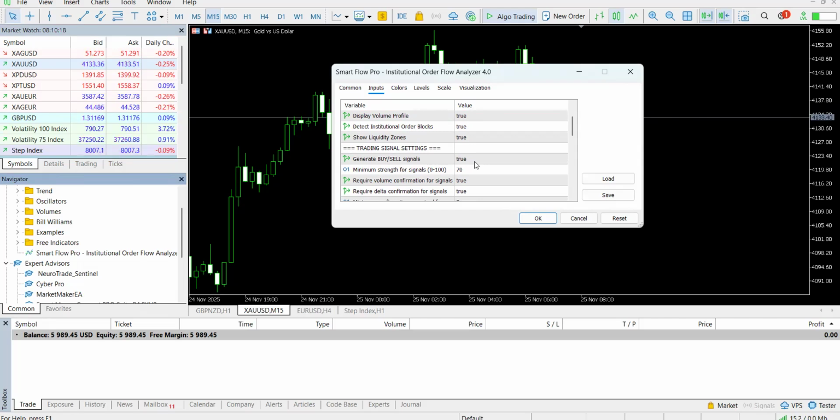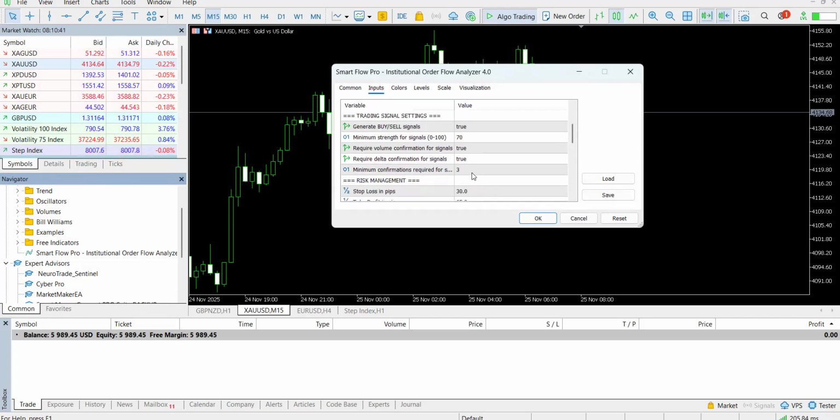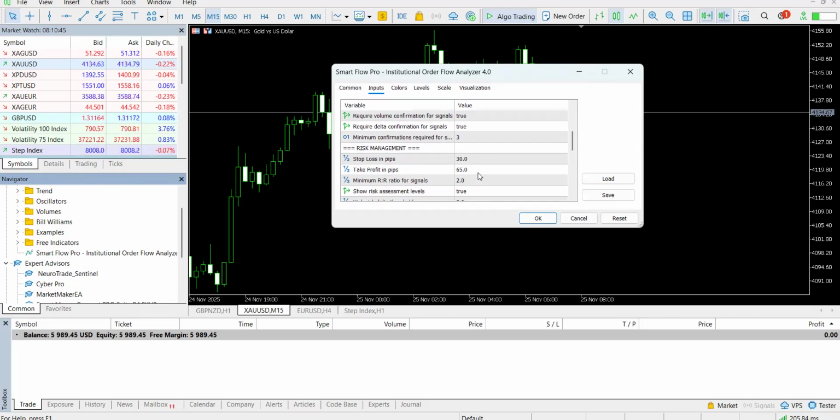So this gives you signals when the time to buy or sell comes. Minimum strength for signals is 70. So the moment this 70 is reached, it will give you a buy. Okay, so you have to enter the buy manually because this is not an expert advisor, but an indicator. Okay, and require volume confirmation for signals true. Then minimum confirmation required is 3. When these are met,